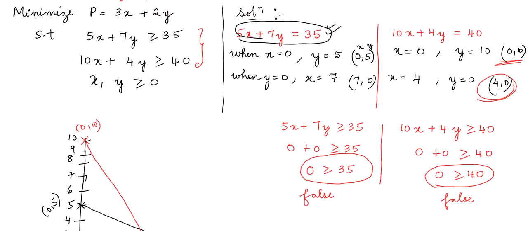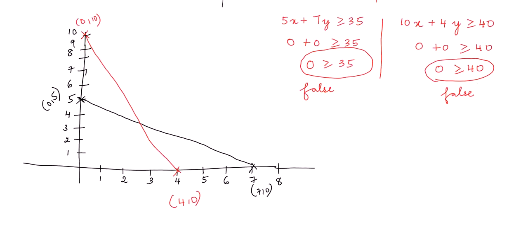Whenever you substitute x and y as 0 in the inequalities and the condition is not true, then you have to shade the region outside the origin, or away from the origin. For example, for this problem, the first equation is the black colored line, and the condition is not true here, it is false. So I am shading the region away from the origin. So this region, this entire region.